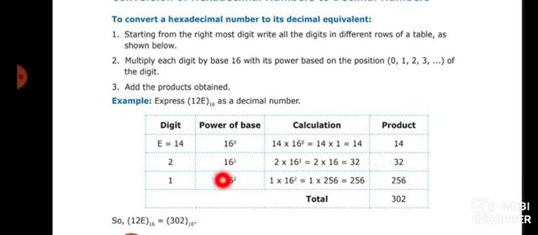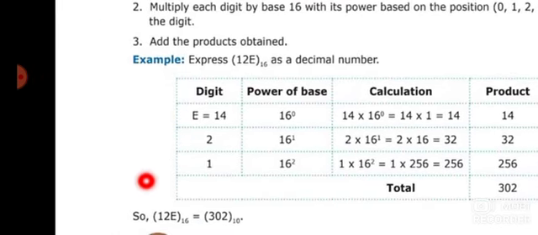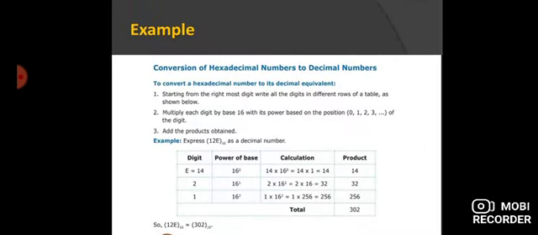इन द सेम वे हम इसे मल्टीप्लाई करेंगे और लास्ट वाले को भी मल्टीप्लाई करेंगे, और जो भी प्रोडक्ट आएगा यहाँ पे हम उसे ऐड कर देंगे टोटल के सामने। हमारा प्रोडक्ट आया 302, तो हम उसे आंसर में कैसे लिखेंगे? पहले हम लिखेंगे हेक्साडेसिमल 1 2 E बेस 16 और उसे हम कन्वर्ट किस में कर रहे हैं? डेसिमल में। तो हम लिखेंगे 302 बेस 10, क्योंकि हमारा टोटल आंसर के अंदर आया है 302।